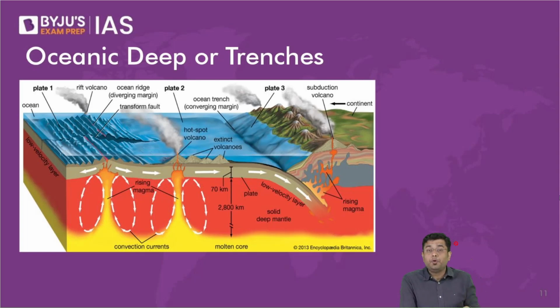Then after that, we come to the oceanic deeps, or what are referred to as the trenches. Okay, so oceanic deeps or trenches. When we talk about oceanic deeps or trenches, these are the deepest portion of the ocean floor or ocean bed. So these oceanic deeps can have a depth of more than around 7 to 8 kilometers from the sea surface and the sea level. So how do they get created? Basically, here you will observe they get created due to